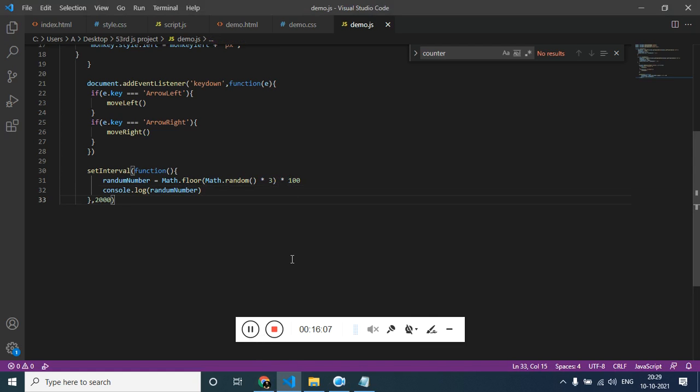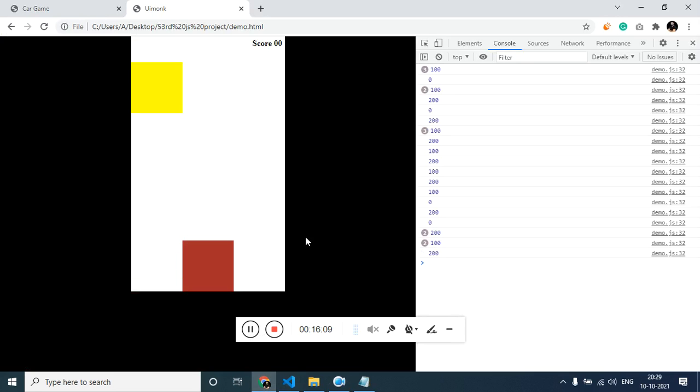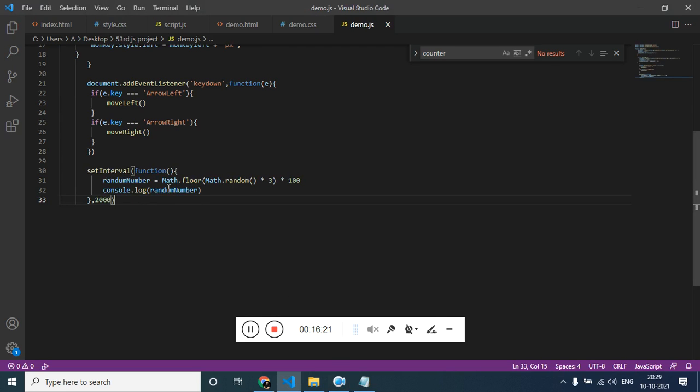Now in this case we are going to apply the real logic. If you understand, let me just show you. So this is monkey and this is banana. So before that, let me show you. Let's just make this random fall.